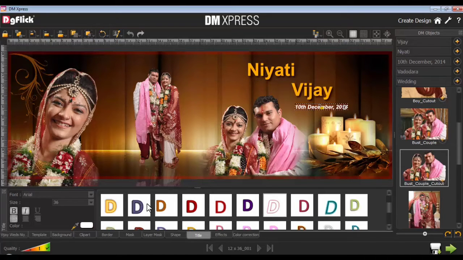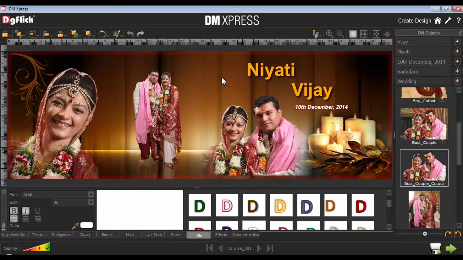If you want to add any title which is not existing among the title fields which you've defined, then directly type in the title in the white space available in the Title tab. Now if you do not see any white space on the Title tab, then kindly deselect the title if it's selected. The white space will appear. Now type the title you want to add, and the title will